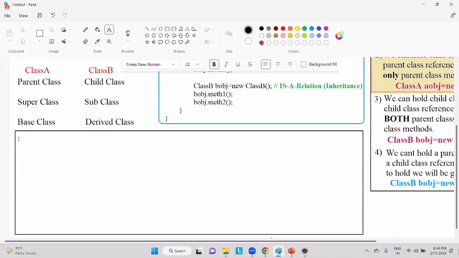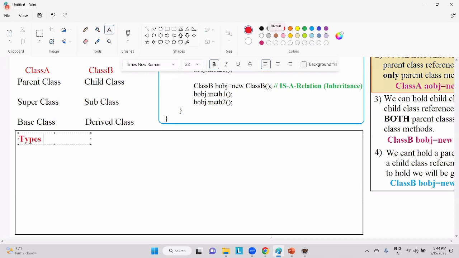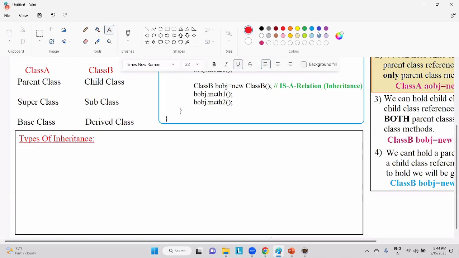Just let me try to keep a small side heading, types of inheritance. Okay. So, guys, when you're speaking about types of inheritance, there are